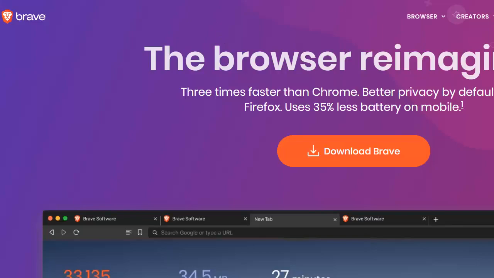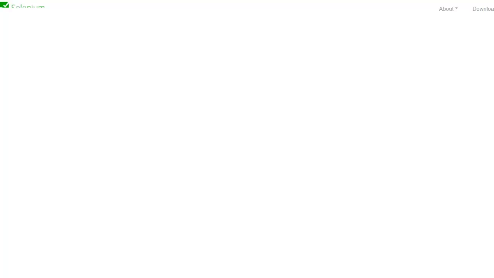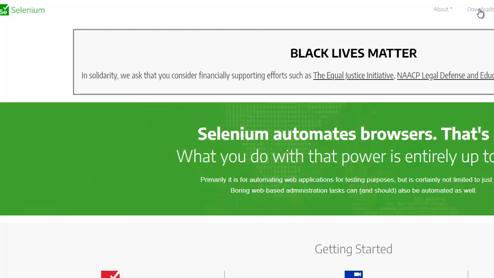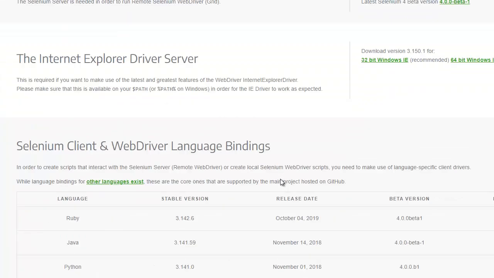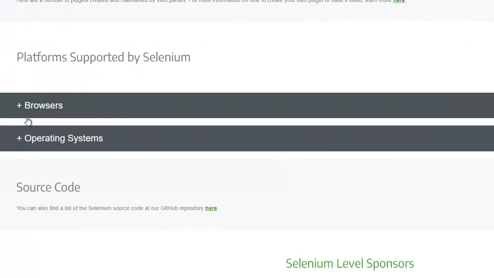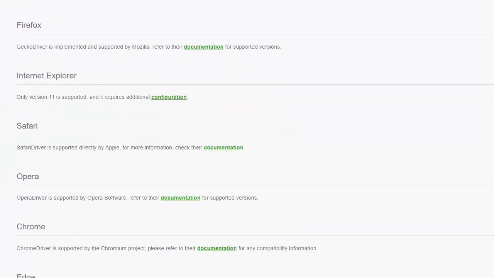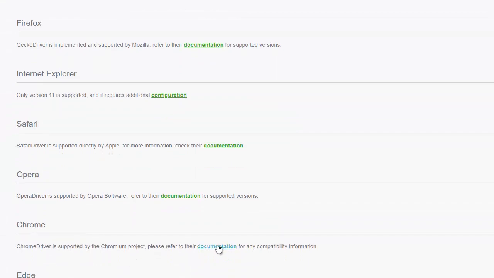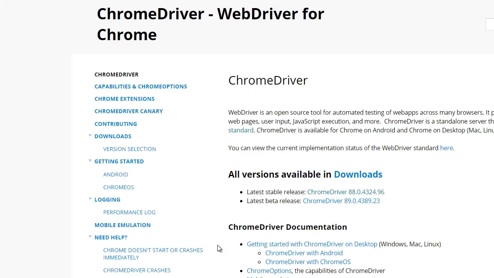So here I'm going to type selenium.dev, and under this downloads menu we are navigating to this browser section, and here under Chrome we need to click on documentation, and further we need to click this link.